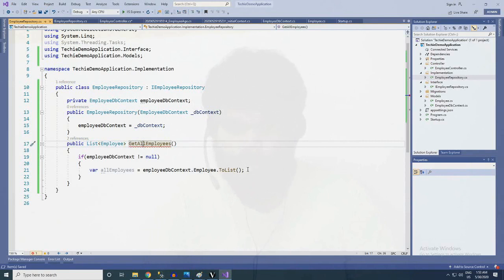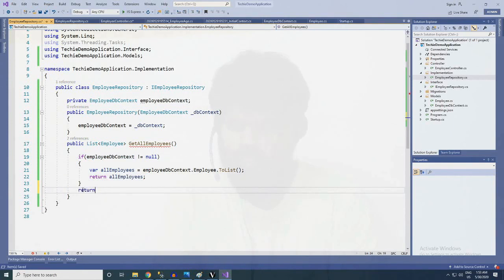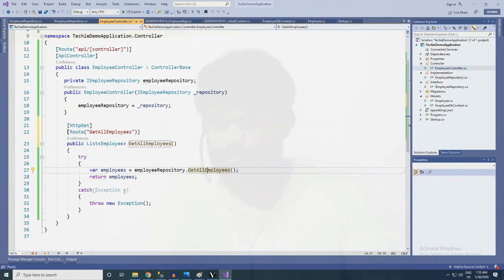Now return all employees over here. If the employee context is not null, then return; otherwise return null.